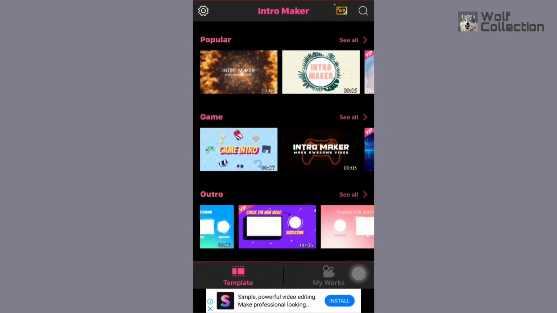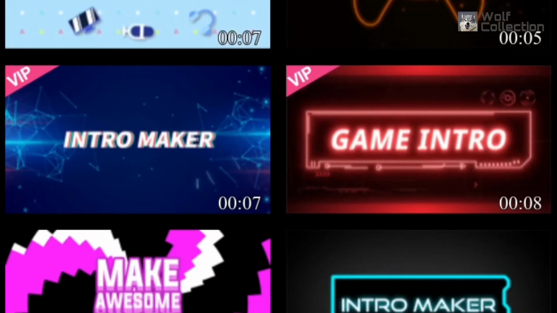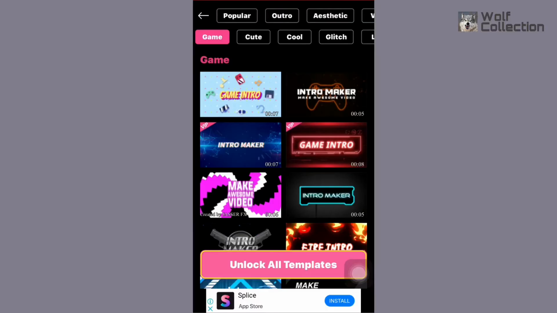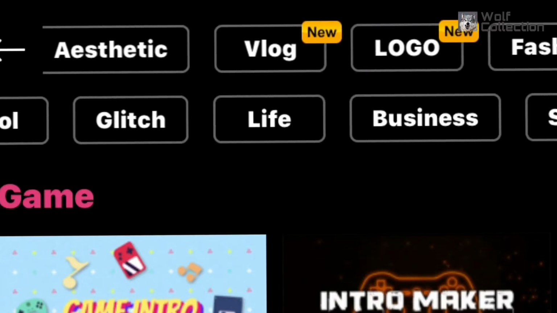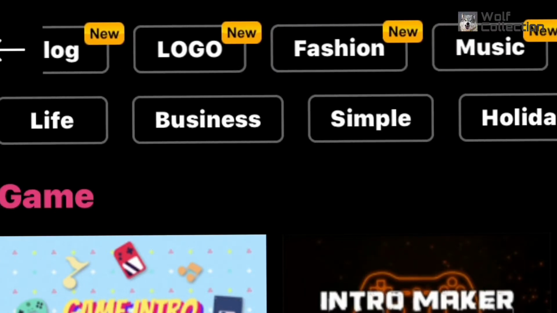So here you can see a lot of intro makers, and you can go directly to the intro maker. Click on the See All button. You can click anywhere on the See All button. Then go to the Simple button. You can see here, Simple,